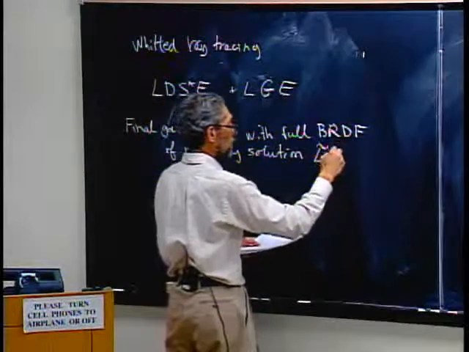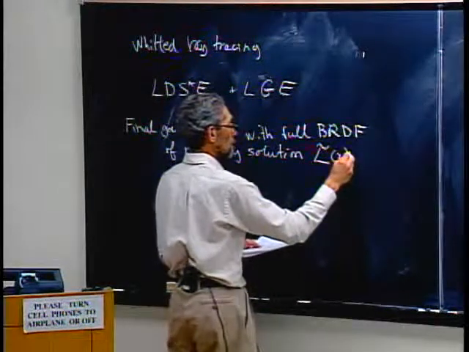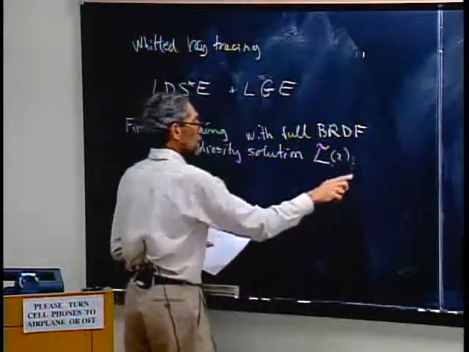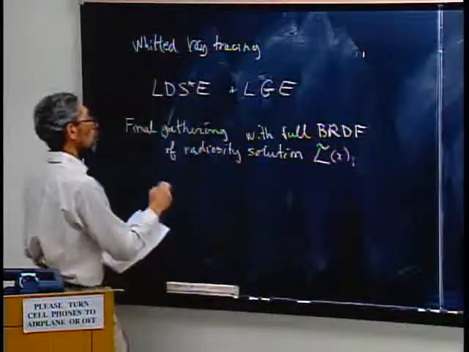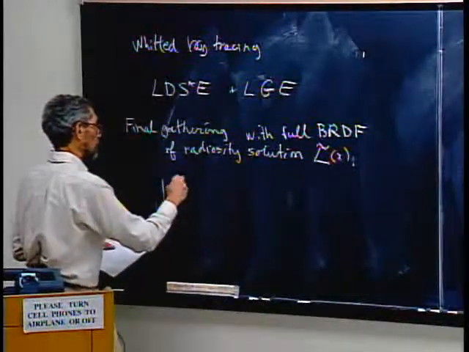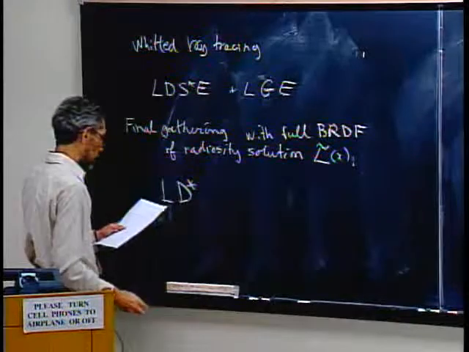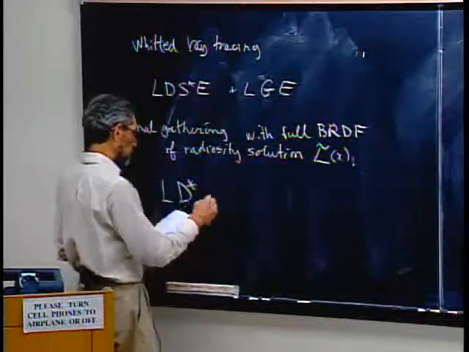What did I call it? L tilde of x. So what that means is that radiosity solution had all of the L D star to it, but then we get